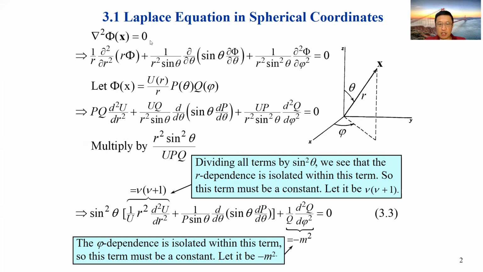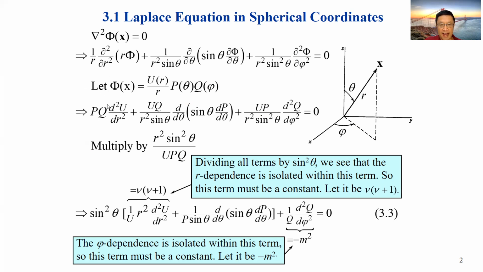Our purpose is to solve the Poisson's equation. To solve the Poisson's equation, this is not 0. We will introduce the green function. But before that, we should find a complete function set first with orthogonality, with completeness, okay? So how to do that?